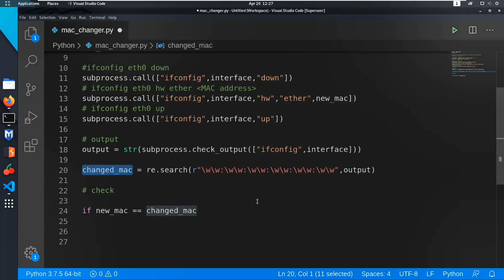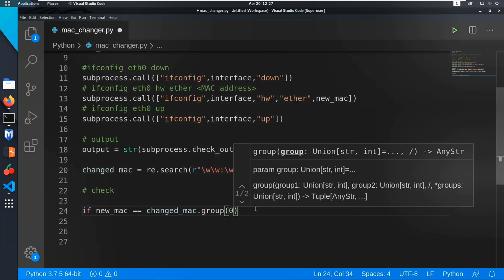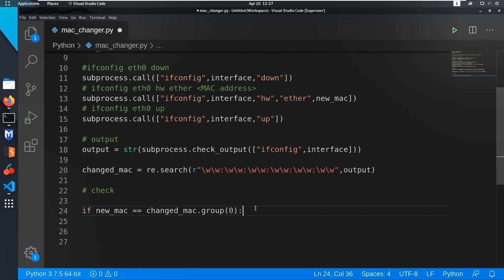So the perfect way of mentioning this is an index, and in order to mention the index here, we need to specify a method called group. So dot group of 0, since we are taking the first, and that is our output, and so that's our important thing, right?